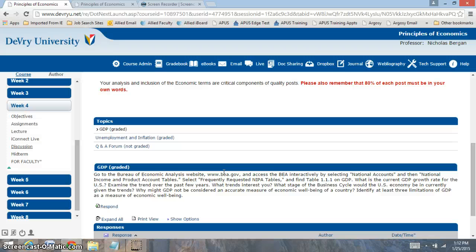The other thing you want to look at is whether GDP is the most accurate measure of our economy. That's a very tough question, but GDP is the only real measurement that we have right now for our economy. It might not be the most accurate, but we don't really have any other indicators of our economy. And then the last thing you want to do is identify 3 limitations of GDP. So make sure in this question that you're really focused on answering each question. That's the key. Answer each question and make sure to divide those questions up in your analysis.